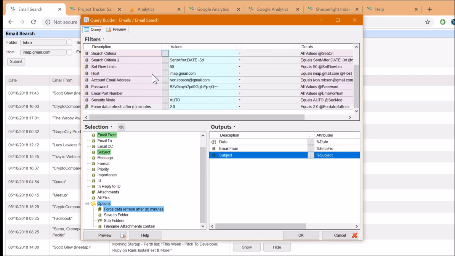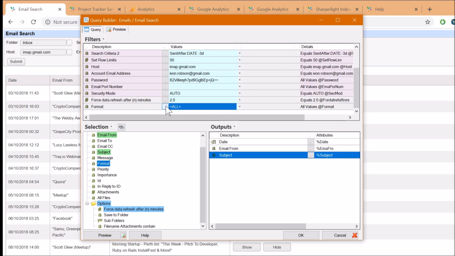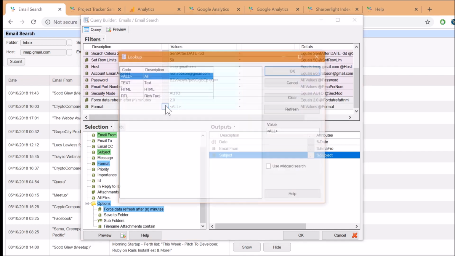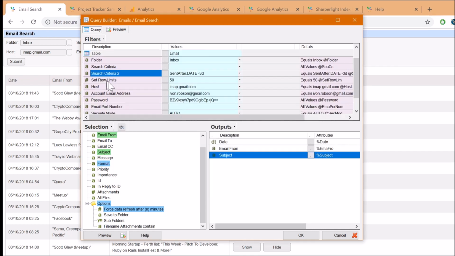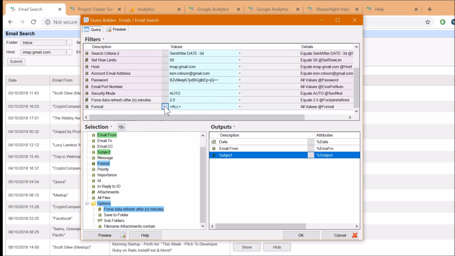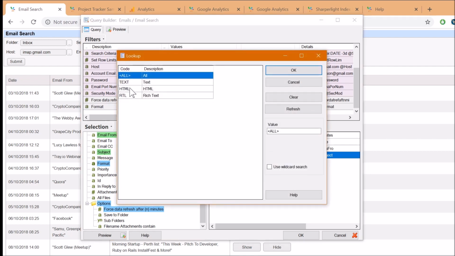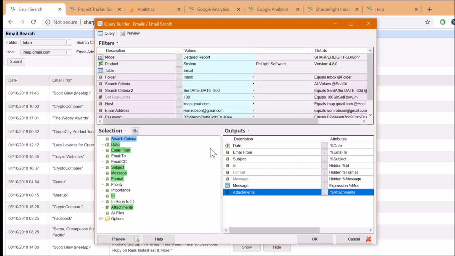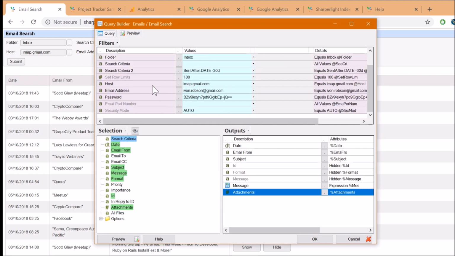The search criteria at the top is just the basics, but we could also add, for example, here the format for the email must be HTML, for example. It's possible to combine search criteria that's done host side and database side. For example, we could look at the format of the email and it has to be, for example, HTML or text. I'm going to move back to the original example now and have a look at the HTML that's behind